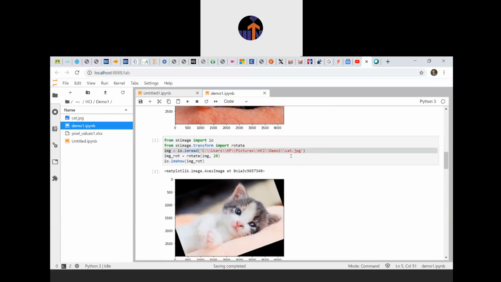Now the rotation. Now you will ask, why are we studying rotation? We can directly go to Paint and rotate it and see. Son, you can see that because you have a mind, but a computer has no mind of its own. So when you apply neural network techniques over there, the computer and the machine have to understand that it has to recognize the gesture or the object by the rotation of the images, means in each dimension. So that's why there is a package transform, under which you have to call rotate using the dot operator, where img is the object, and 20 is the value that you have to mention, by which amount of degree you have to rotate. So this is the function of rotate.